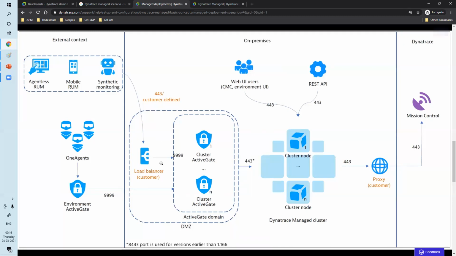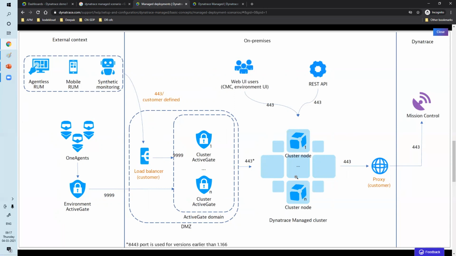To manage availability, if you are an architect, you need to think that customer data should be safe from every perspective and there should be no downtime. Suppose you have added one cluster ActiveGate. The customer is very big, and it depends on how many agents you are going to install.